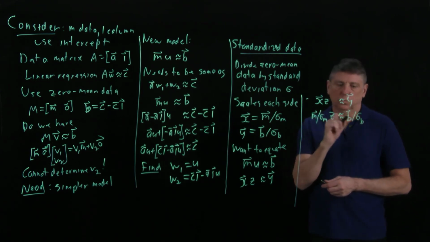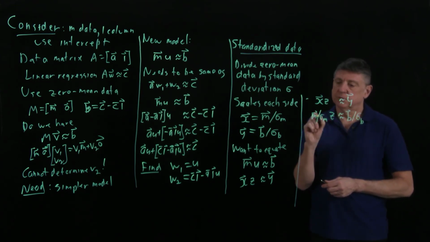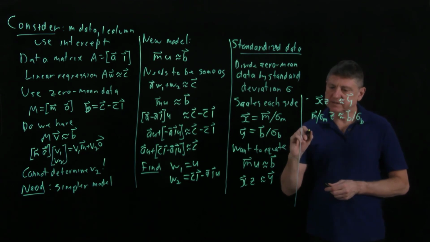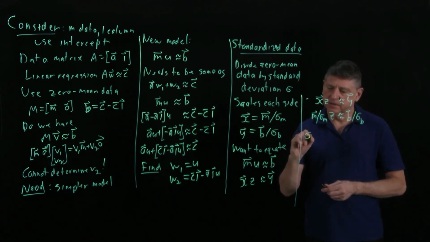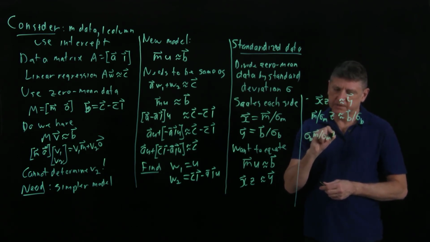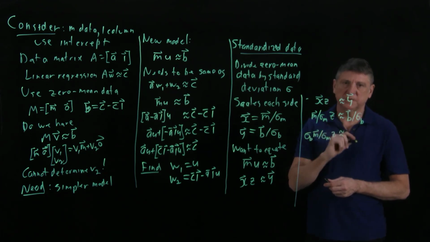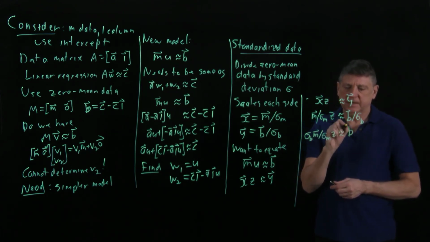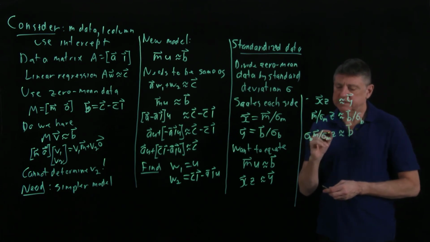Then we can take this term over here and we can say that that is the standard deviation of b times m divided by standard deviation of m times z is approximately b,